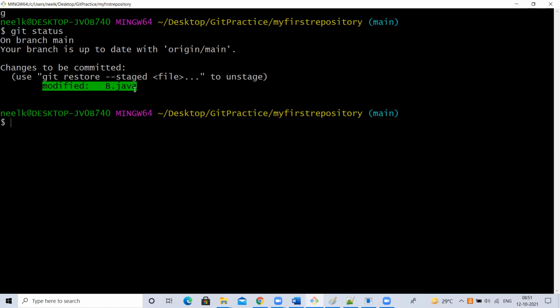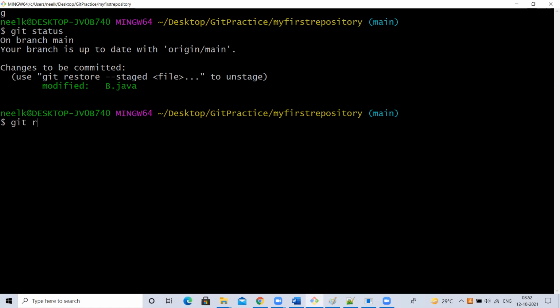Yes. But once after adding it to the staging area, I thought not to commit this file. I don't like to commit this file. Something, I want to do some other changes. I want to take it out from the staging area, because if it is in the staging area and I ignore it, next time when I commit the changes, even this file will be committed. So I don't want to keep it in the staging area. I want to take it out.